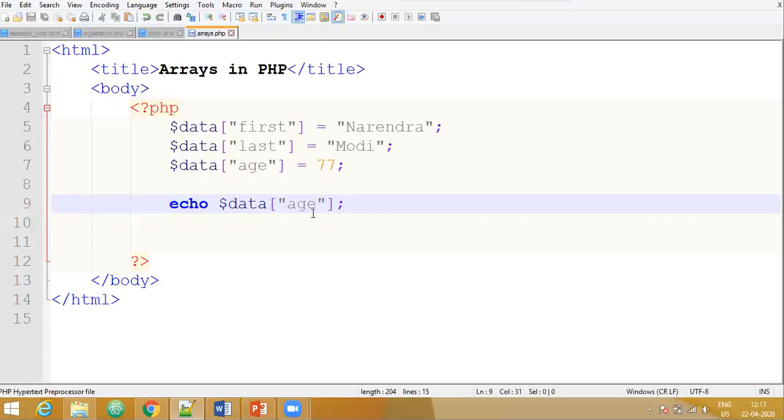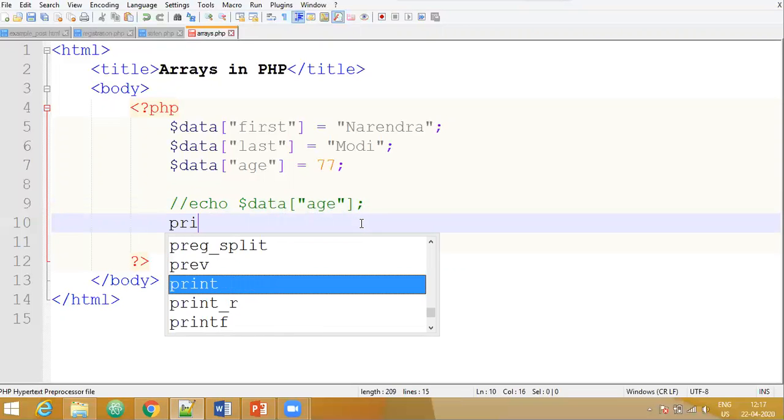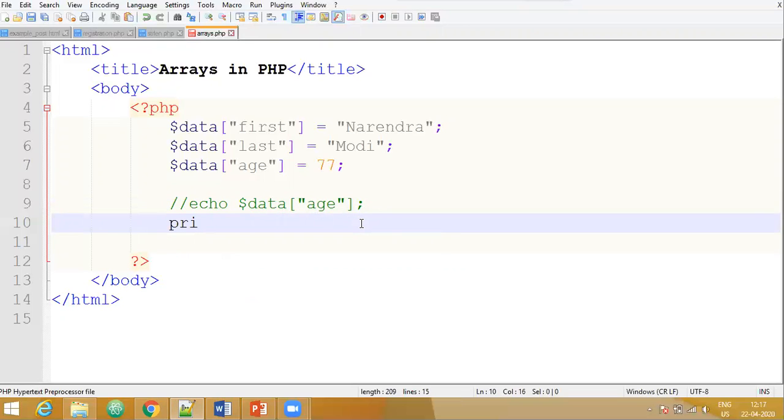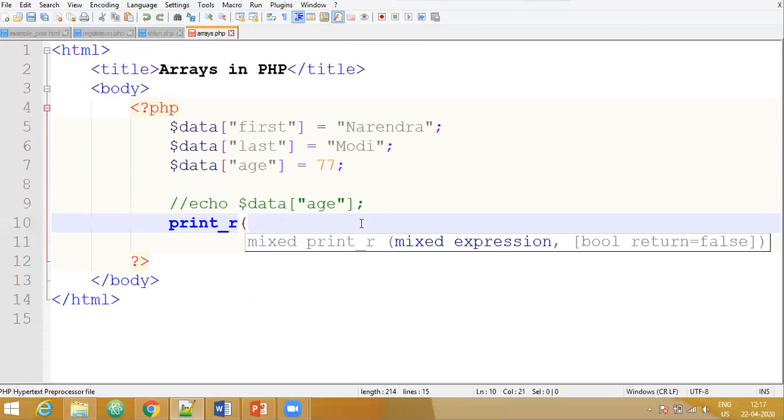Now you can also make use of another function, that is print_r. This function displays the output in a human readable form, that is, it makes it presentable. So we'll say print_r.